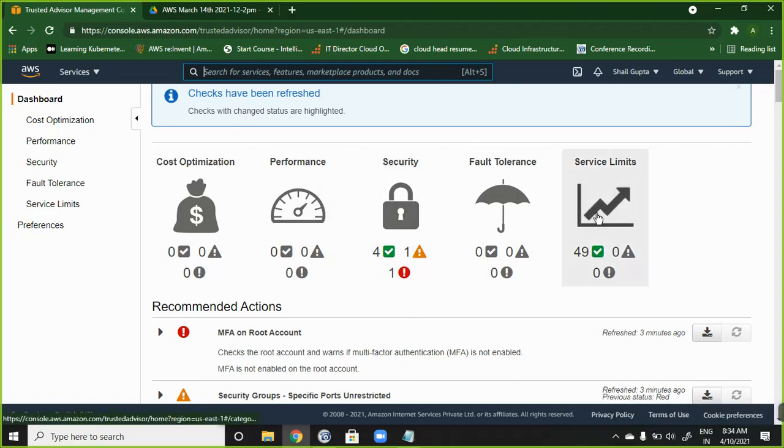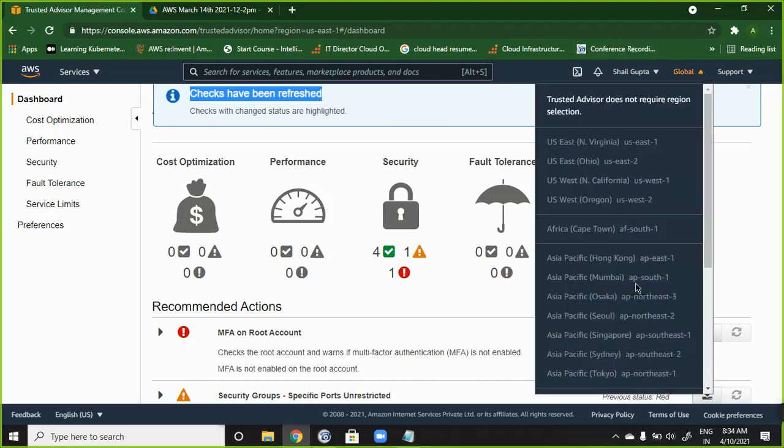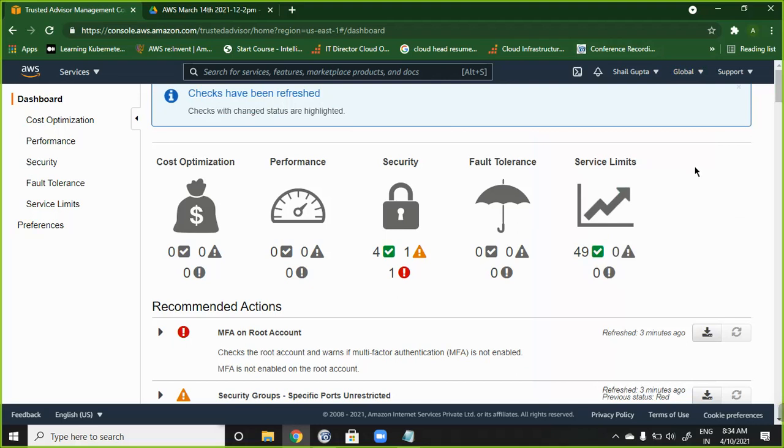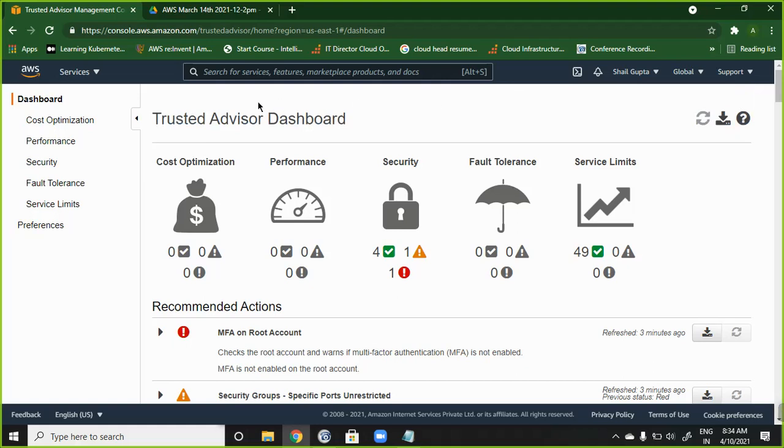Okay, so if I click here, it is already analyzed, showing the checks have been refreshed. It means it is already done, not only for this region, North Virginia, but it has done the analysis of all the regions, and the report is ready. Where is that report? If I click on this download, it will fetch the report.